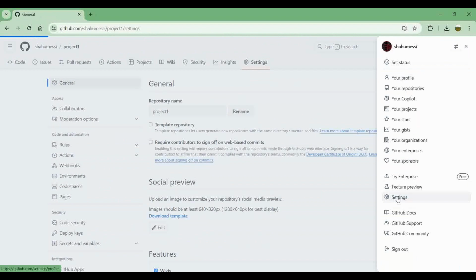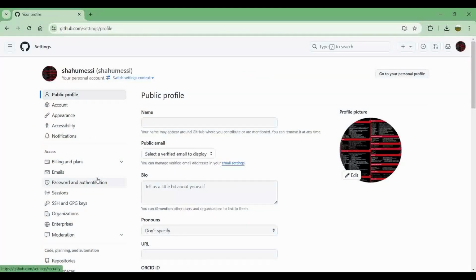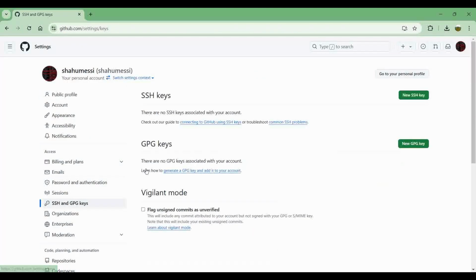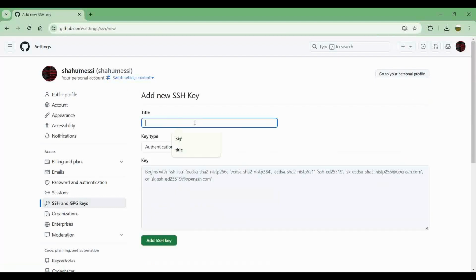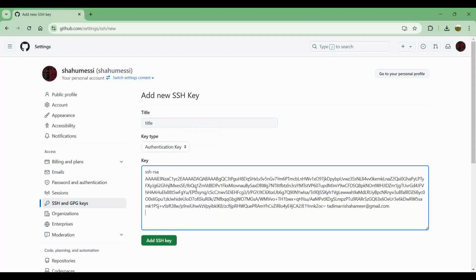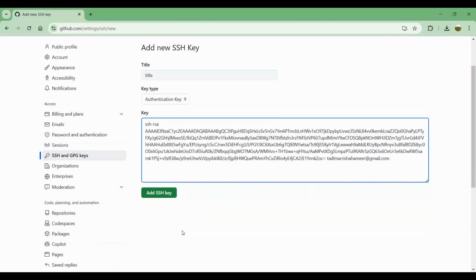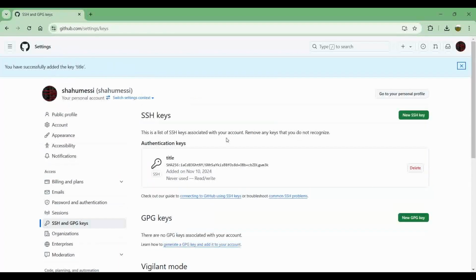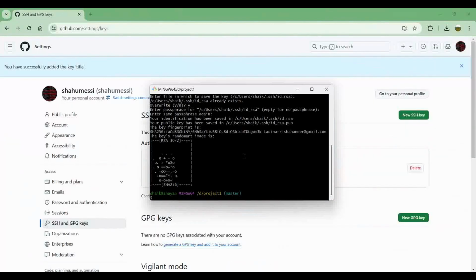Go to the settings, SSH keys, and create a new SSH key. Give the title and paste the SSH key. Now the key has been added. Now come to your place in the GitHub,